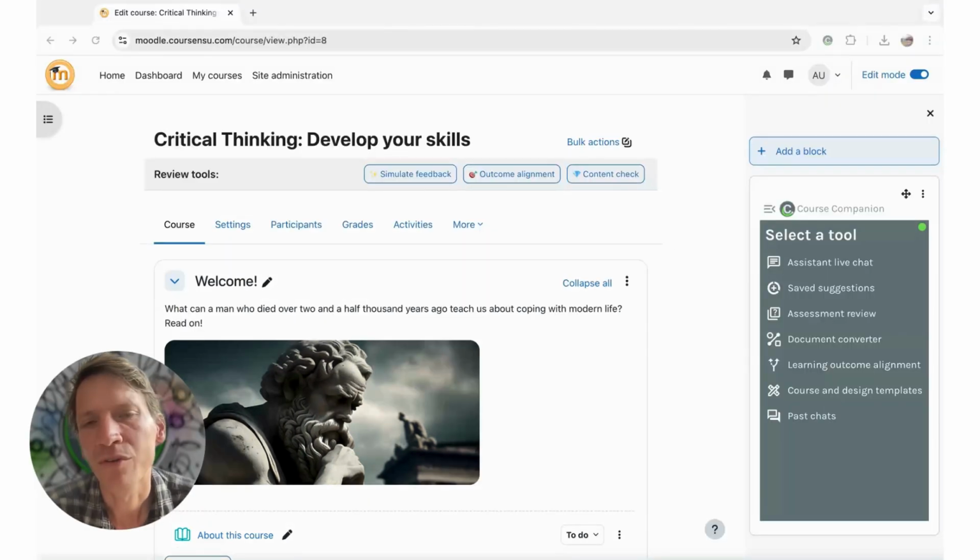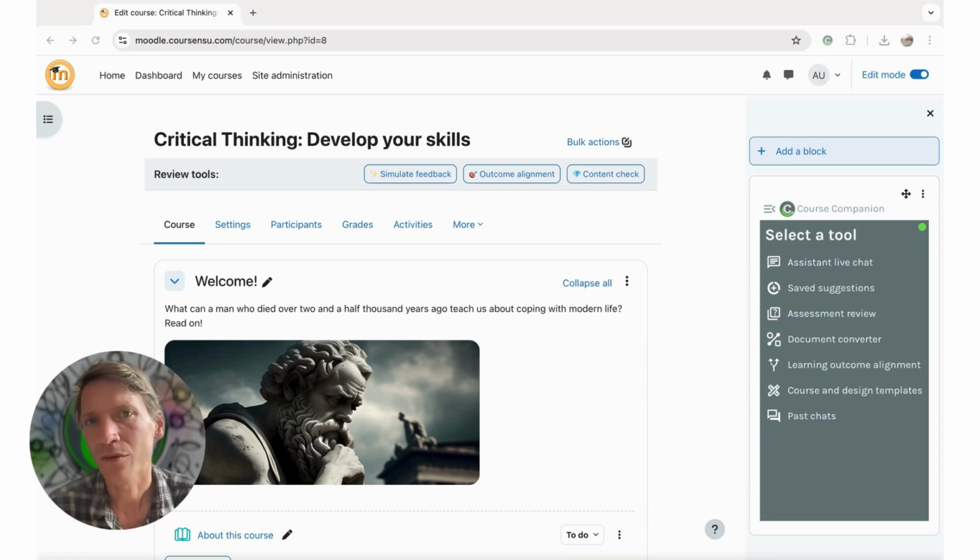How would you check a Moodle course for consistency within the language used, or the flow of the learner journey that's being created, or perhaps for accidental gaps within the content? Well, if you're doing it manually, I want to show you that there's a better way, and that's to try